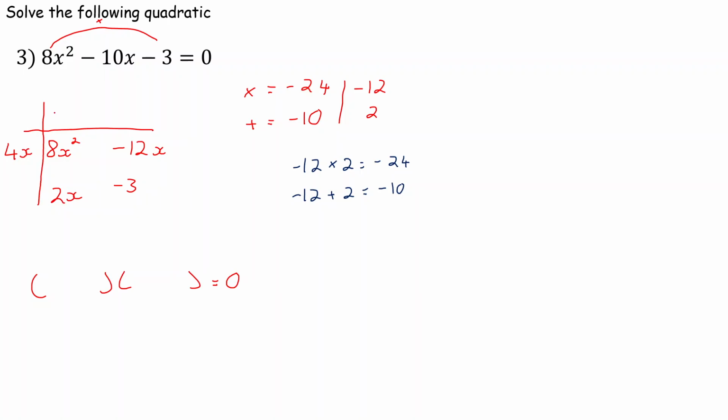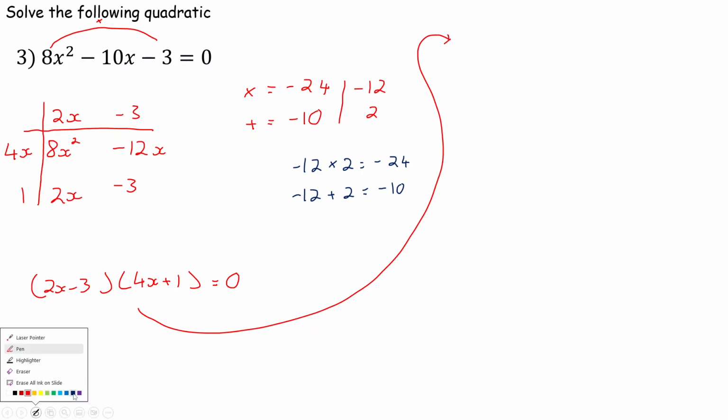And 4x times by 2x gives you 8x squared. And 4x times by -3 gives you -12x. 2x times by 1 gives you 2x. And 1 times by -3 gives you -3. So perfect. So your two brackets are going to be 2x take away 3, the first one, and then 4x, and it's a 1, and it's positive, so +1 in the second bracket. And then from here, we can go and solve our two